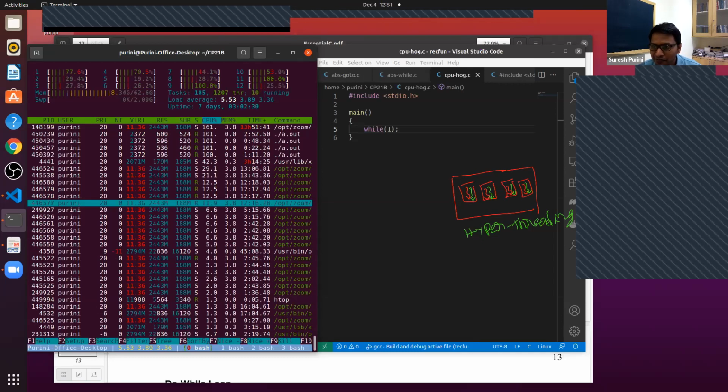So, do it at 12. Do it at 12:59. Yeah, so that's it. And actually, I am able to hear my CPU making noise because the fan started.